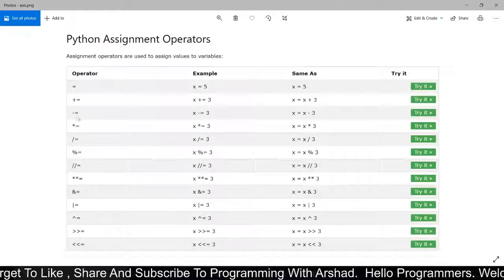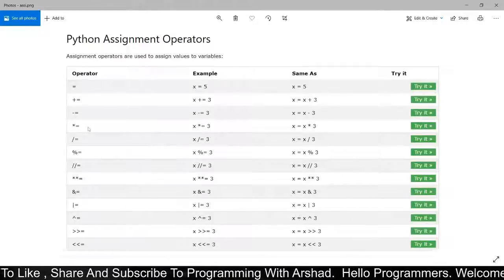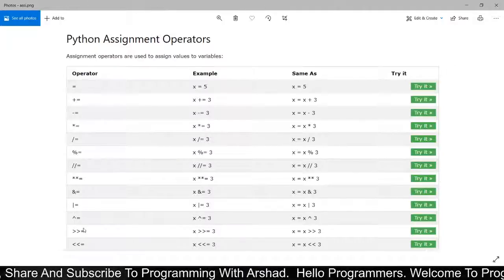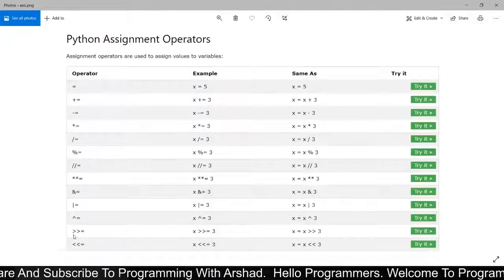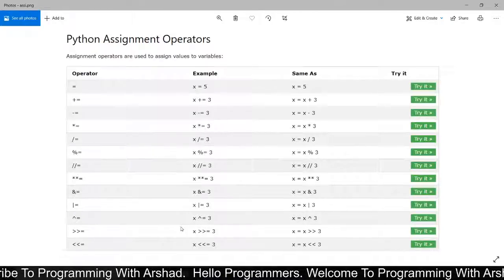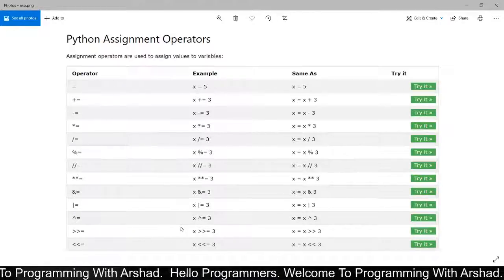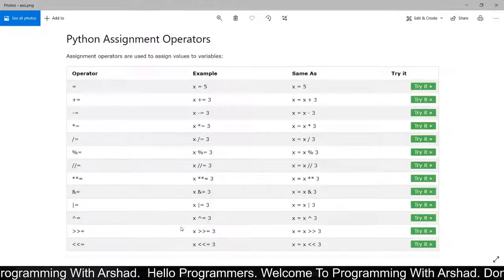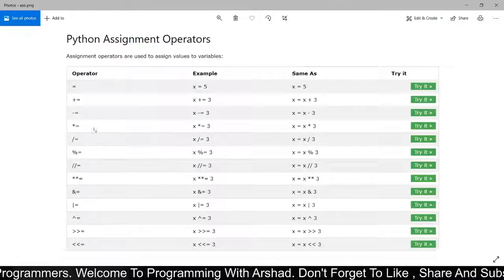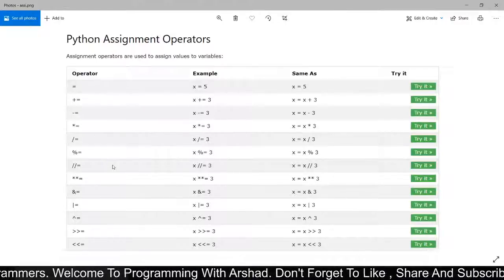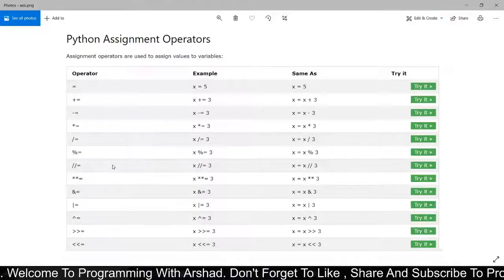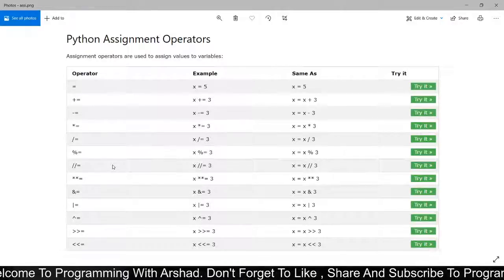Similarly, we have subtraction assignment operator, multiplication assignment operator, division assignment operator, modulus assignment operator, and similarly you can perform the same thing with bitwise operators also. We had seen all of these things and we had tried all of these things with examples in our previous video. If you want to, you can go and check there once again. Now finally we can conclude that this addition assignment operator, subtraction assignment operator will perform operation on both sides of the operands and it will assign the value to the left operand.